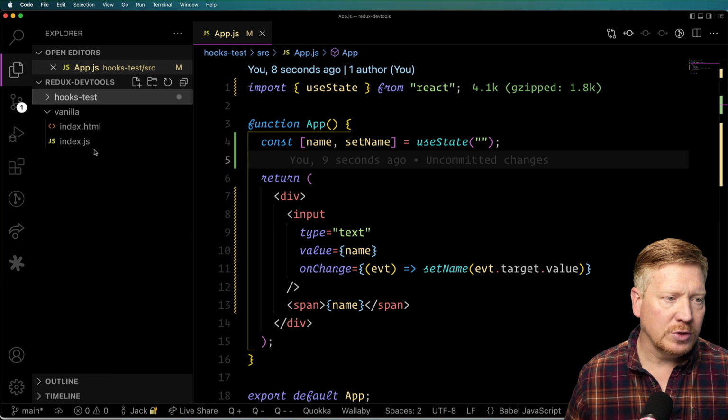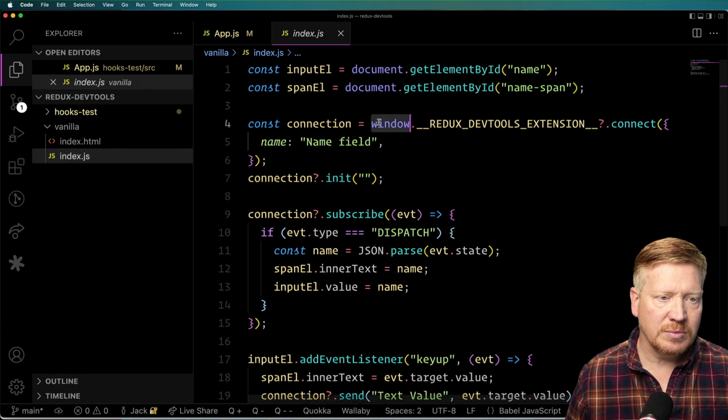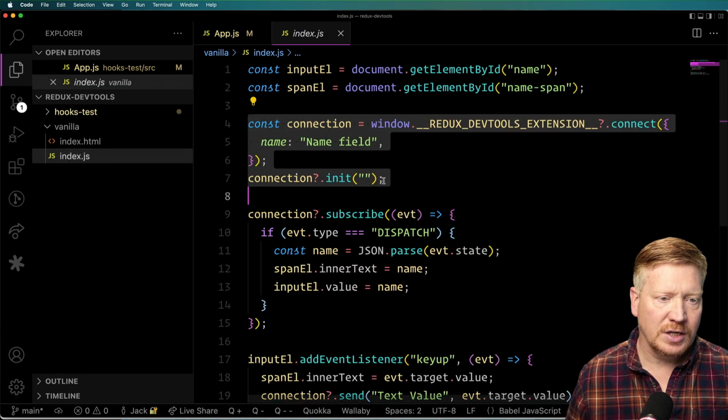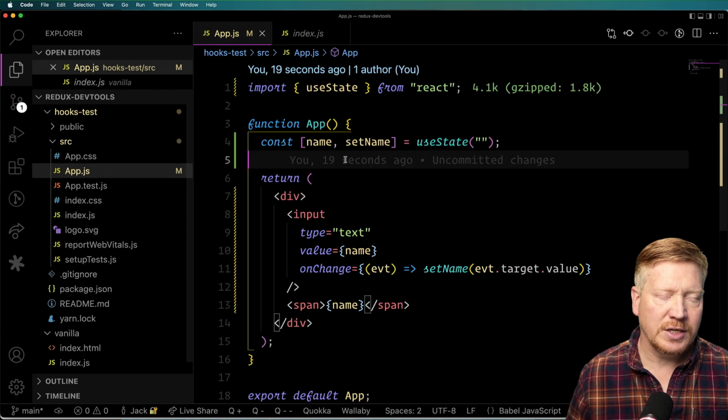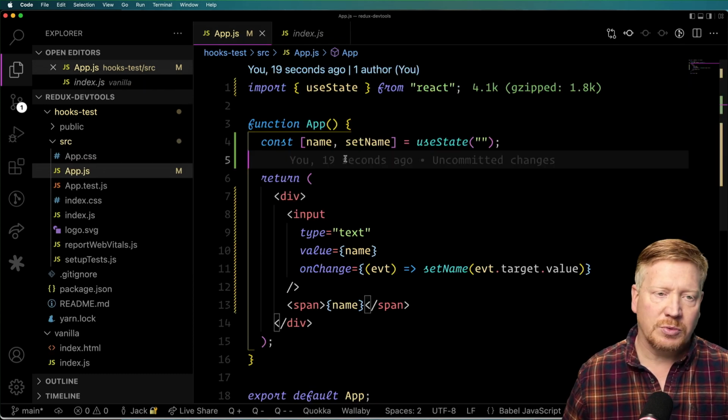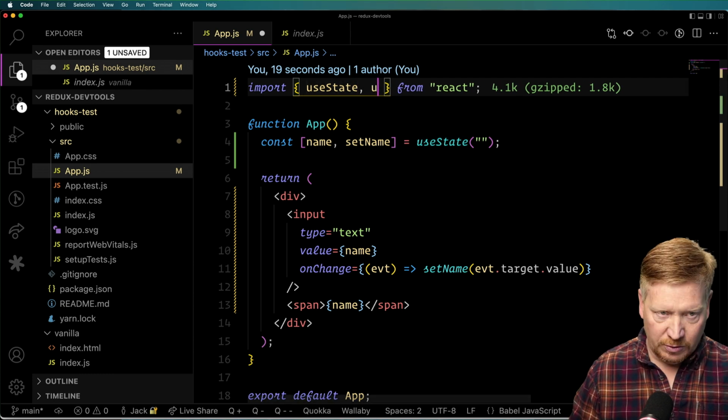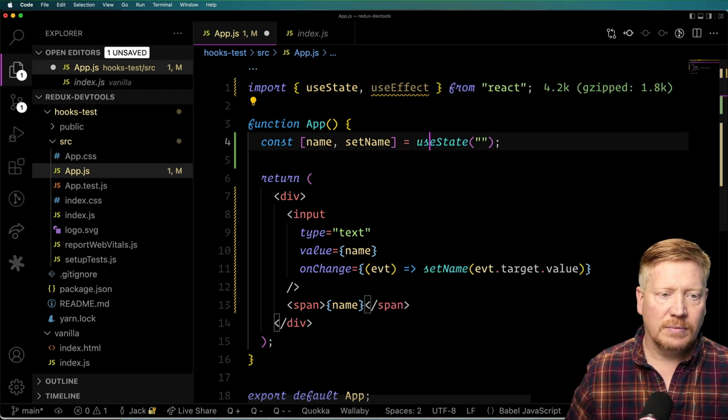So I'm going to go over to my index.js, and then I'm going to grab some of this stuff. So we'll have connection.init there. We'll go back over here to our app.js. And where would we put that? Well, I think we should put that in a useEffect. So let's go do that. Let's go create a useEffect